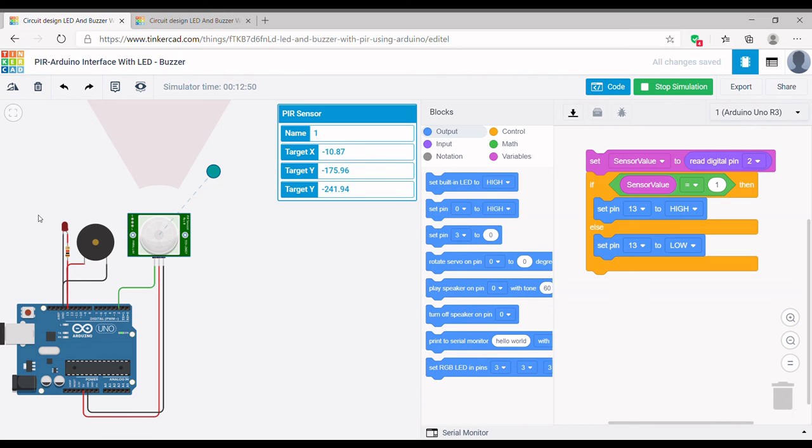That makes the LED blink and buzzer to produce a sound. If this doesn't happen, then it doesn't produce a sound.